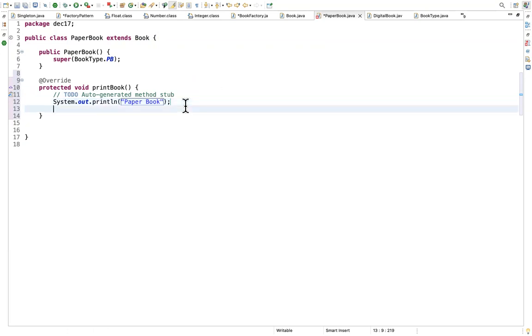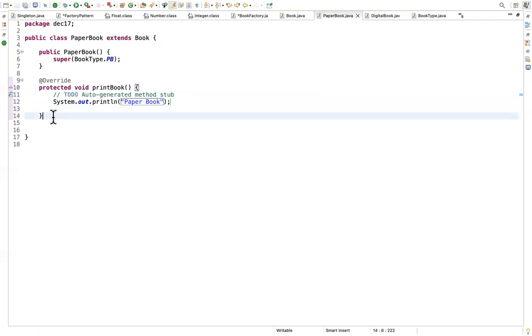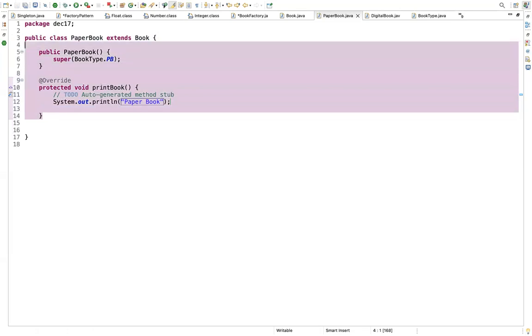Okay, save this. Yeah, and now the same way you copy the entire structure and paste it in your digital book and replace it with the actual class, digital book.